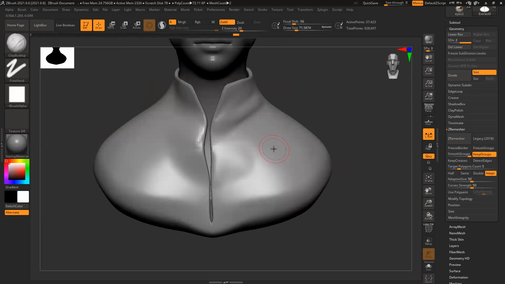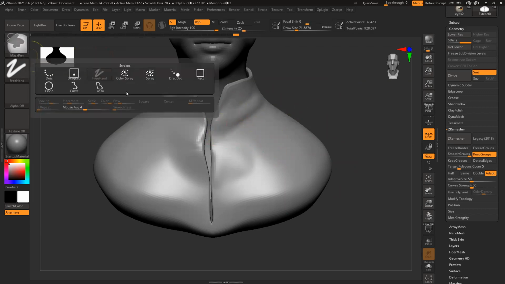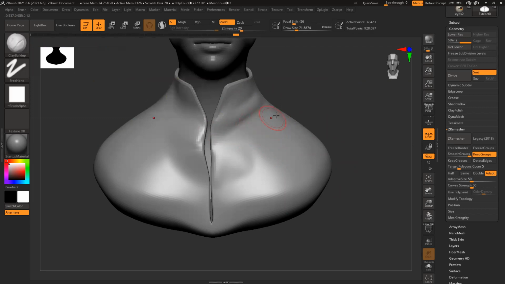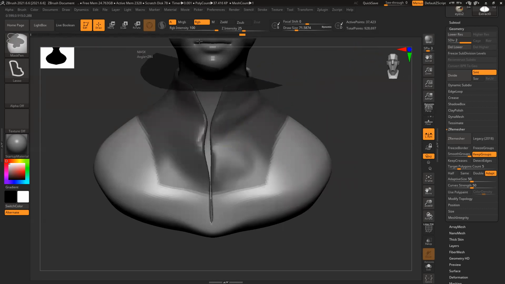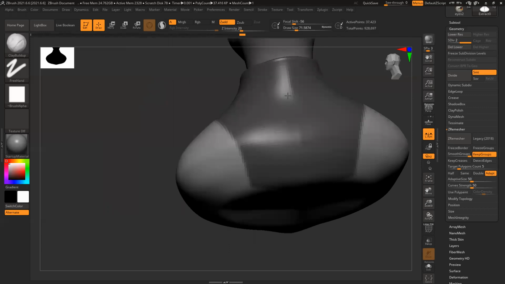So again, I'll go back to my lasso tool. To my symmetry, I can see there's a clear shape, that angle.